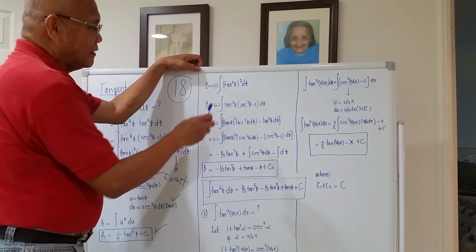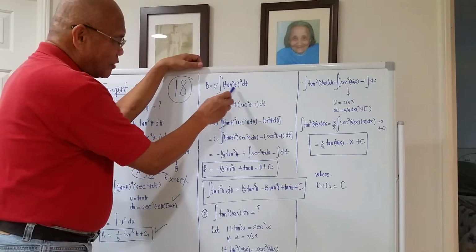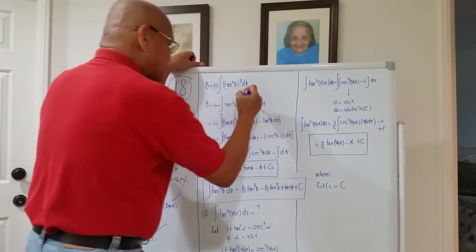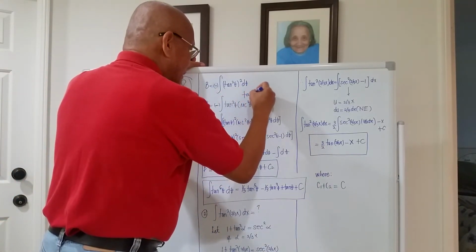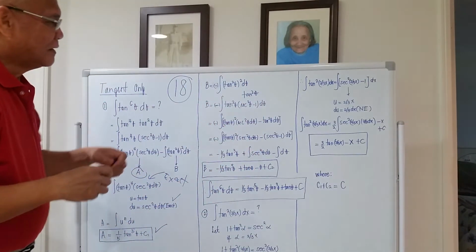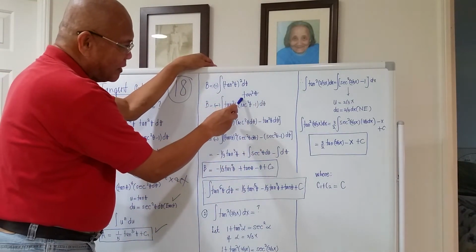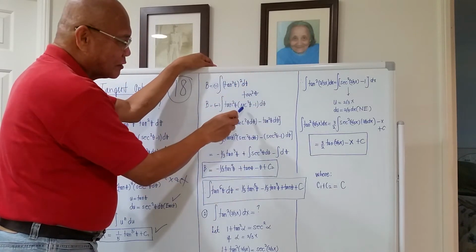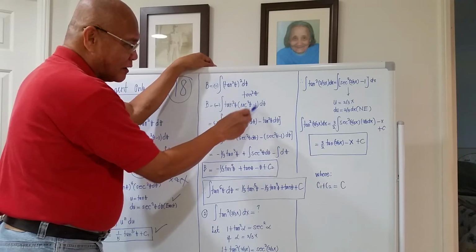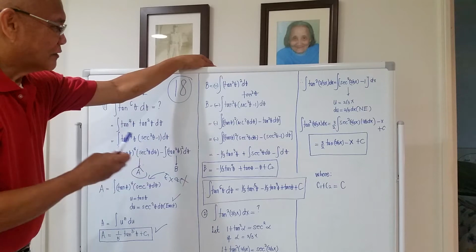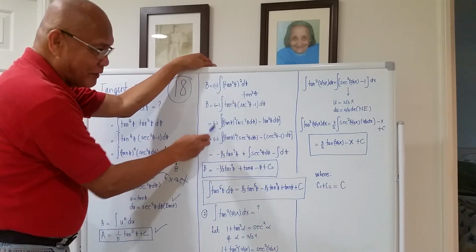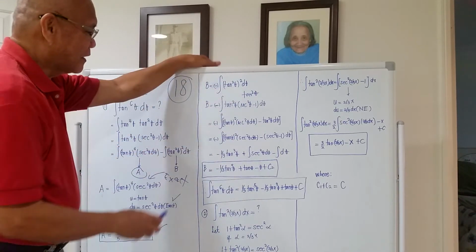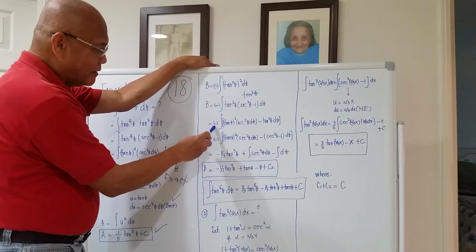This can be written as tangent square of theta times tangent square of theta. Then replace the second tangent square of theta by its equivalent in terms of secant, and that is secant square of theta minus 1, close quantity, differential theta. Then expand, but carry the proper negative sign, because later on, if you don't carry it as you move downward, you will be wrong. So I still maintain the negative sign outside the integral